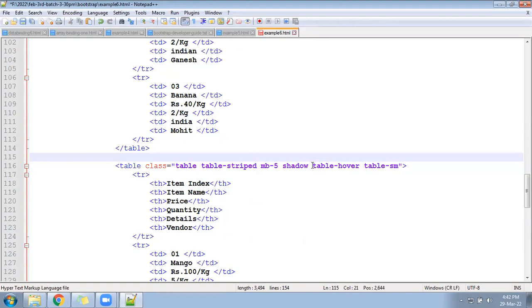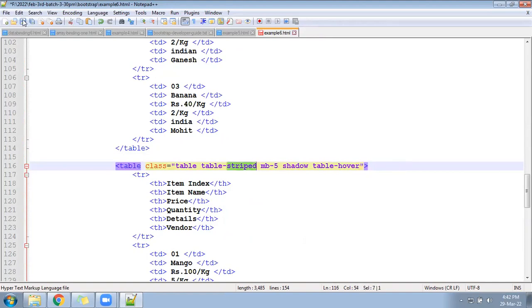Shadow let it be, hover let it be, table-sm you can remove. Just apply one class called striped. Some changes will happen, a little different look will come.